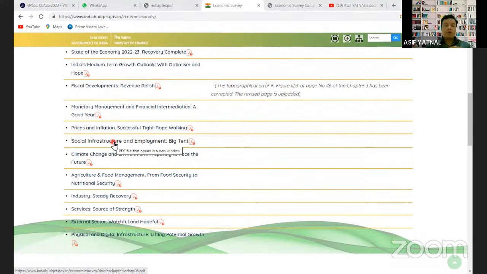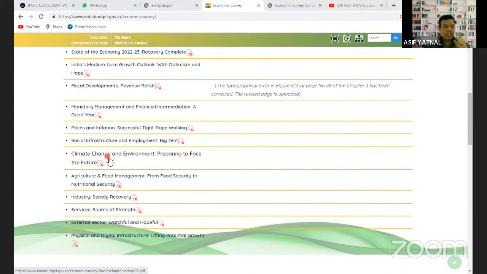So how with the help of increasing the social infrastructure, social infrastructure का मतलब होता है, remember, education, health and skill. These are the three important चीजें होते हैं जिसपे गवर्नमेंट खर्च करता है और इससे हमारा सोशल इंफ्रास्ट्रक्चर बनता है और ये सोशल इंफ्रास्ट्रक्चर से हमारा एम्प्लॉयमेंट बनता है. So it is a big item, ये बहुत बड़ा टेंट है, यहाँ पे बहुत ज्यादा पैसा खर्च करना पड़ता है. तो how government tries to increase the social infrastructure and how it is trying to increase the employment, that is what is explained here in this chapter.